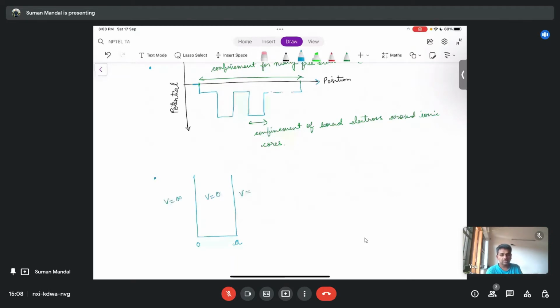So basically, electrons cannot cross this confinement, cannot cross these barriers at 0 and at A. So inside the confinement,